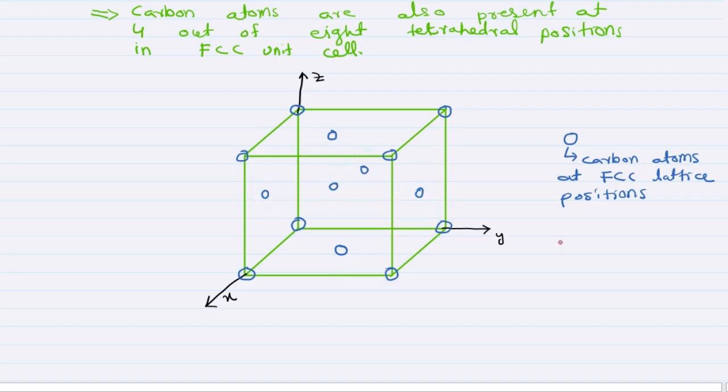So we have 6 face center atoms. So if this red circle indicates carbon atom at tetrahedral